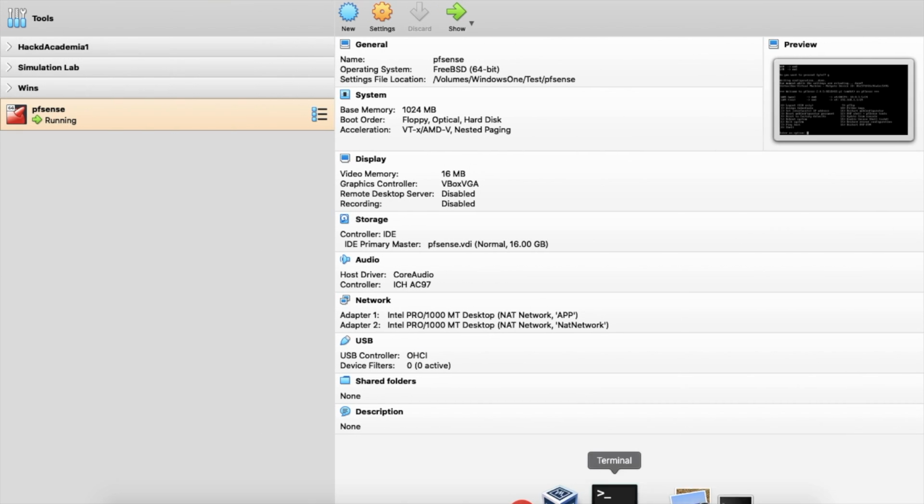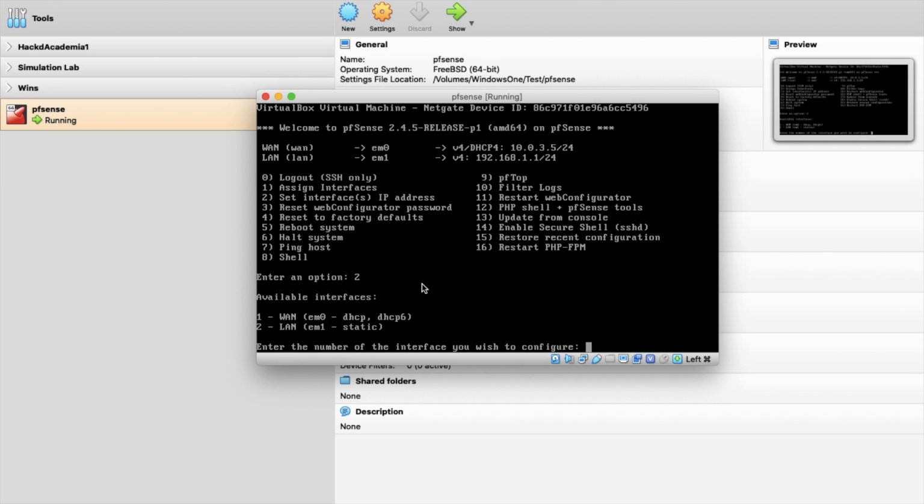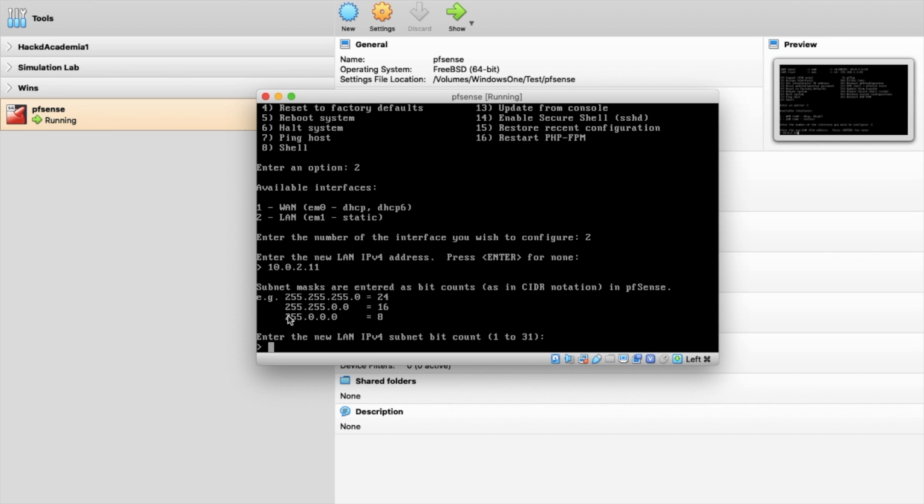I'll go to the firewall, open your firewall and type here 2. So guys, WAN interface is the internet side interface and LAN interface is the internal interface. So through LAN IP only you will be accessing the pfSense firewall. So it is important to set the IP address for the LAN interface. So you have to select LAN interface, yes, and type the IP 10.0.2. Any IP you can keep. 10.0.2.11 I will keep. All right,